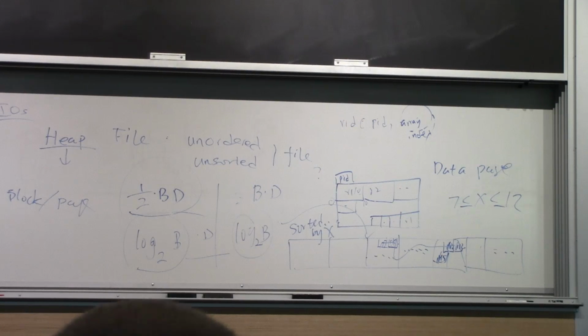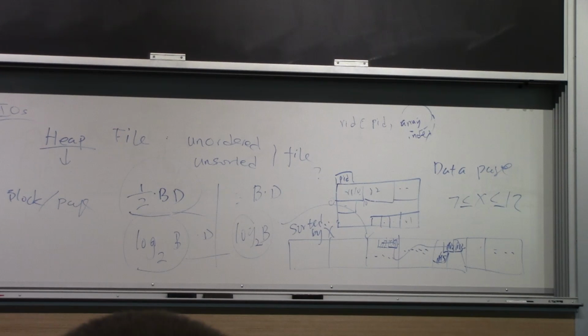Okay, so we filled up this table already. Like I said, I'm not going to talk about insertion and deletion, so you can safely ignore that. The class file is something I'm going to fill up later on. Keep in mind, there is an important assumption when I write a formula like this. So don't memorize formulas; you need to understand what's going on. First of all, it's average case analysis. Secondly, for equality search, I assume there is only one matching record. If that's not the case, the formula will be different, as we discussed. So far, so good?